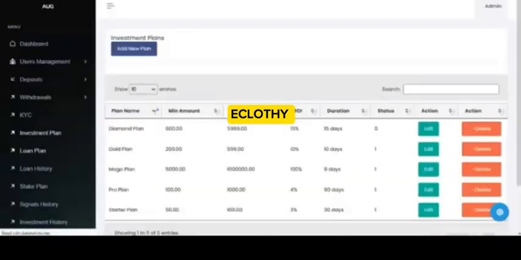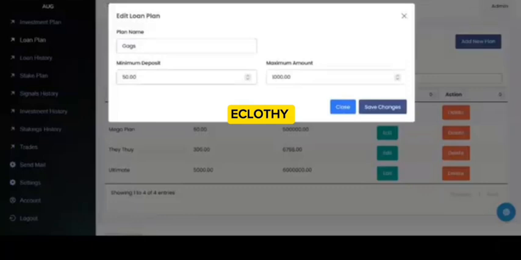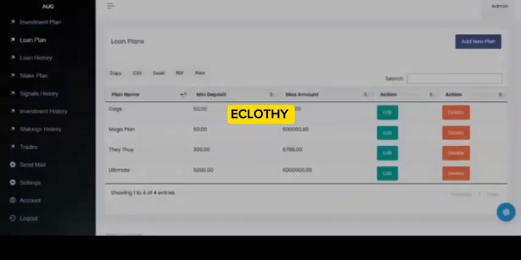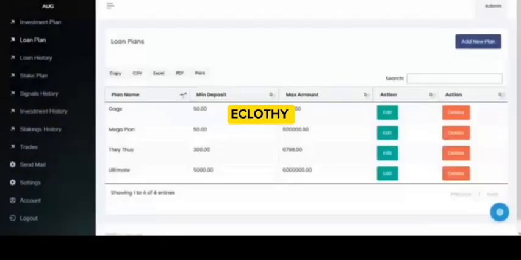So let's go to loan plan. This way you can also still add or edit a particular loan plan. We already have some loan plans. You can click on edit. You can change the name, change the minimum deposit and the maximum deposit too. All right. So you can also still add a particular loan plan. You can add the plan name, the minimum and the maximum deposit right here. All right. Then we have